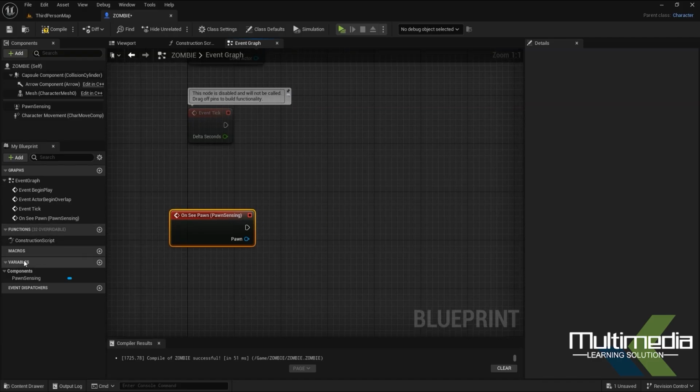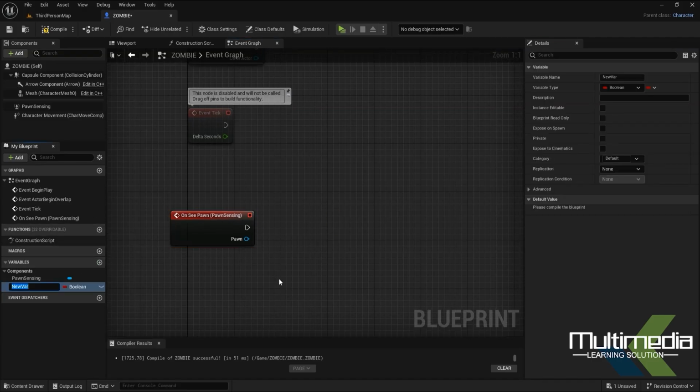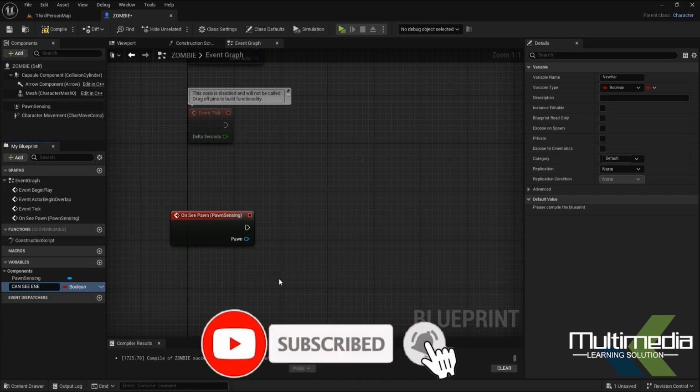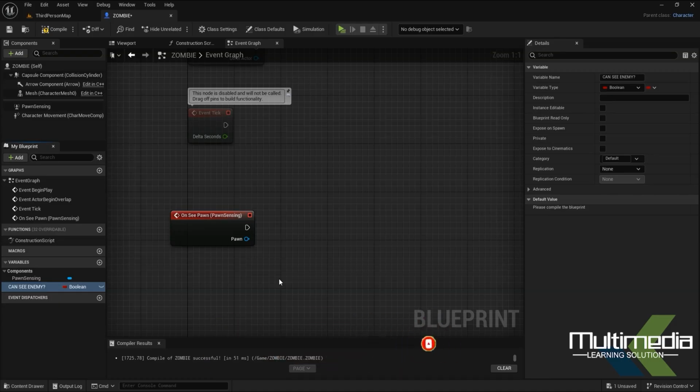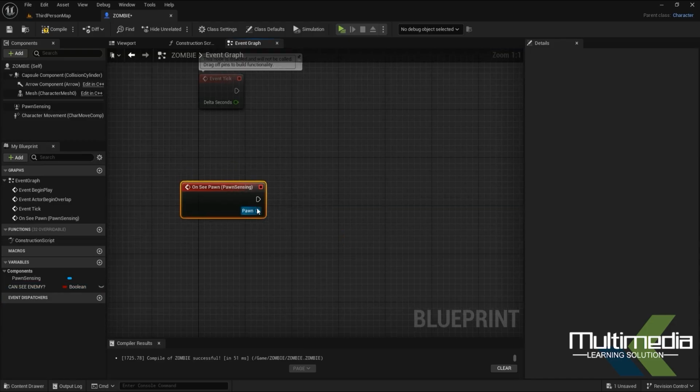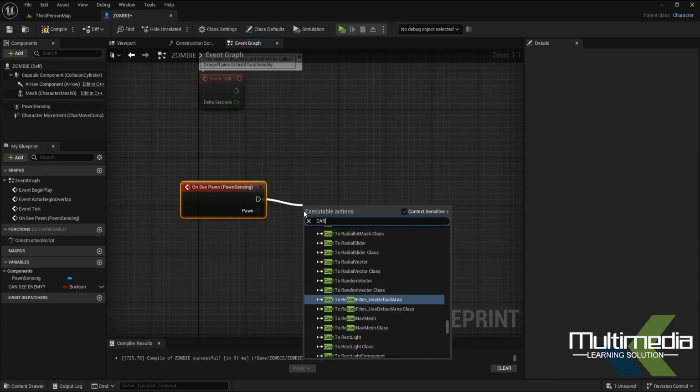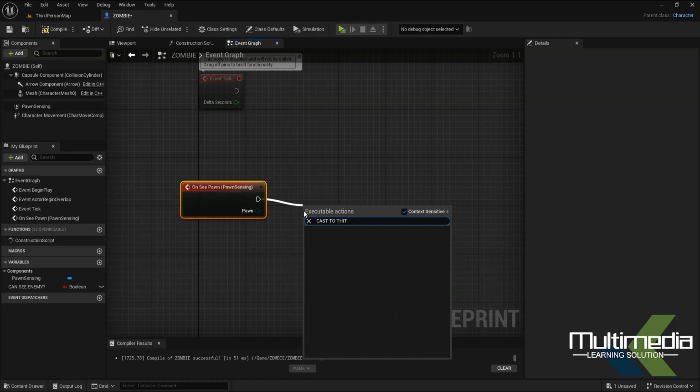And first thing, we have to create the variable also. So here I say can see enemy, question mark, and this will be our variable, right? So actually I say cast to third person character,